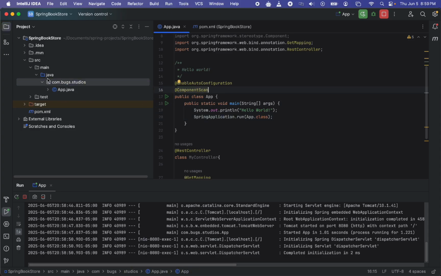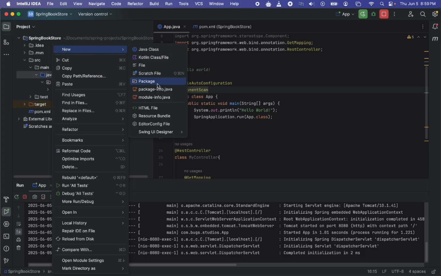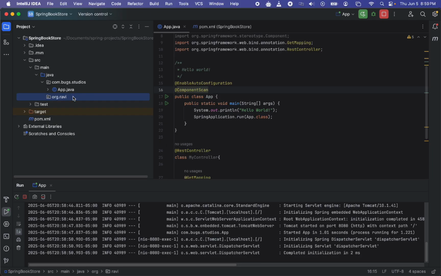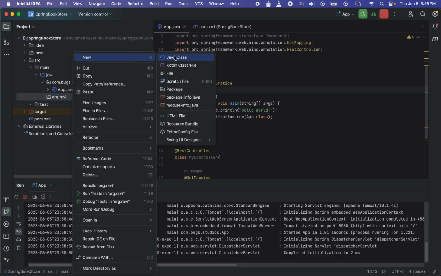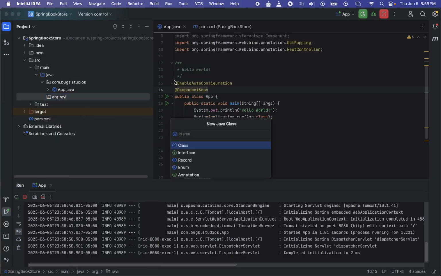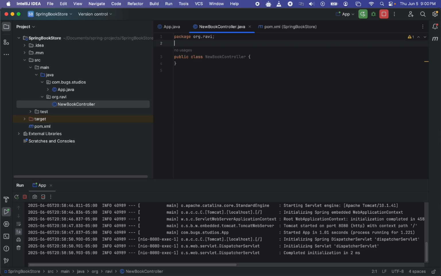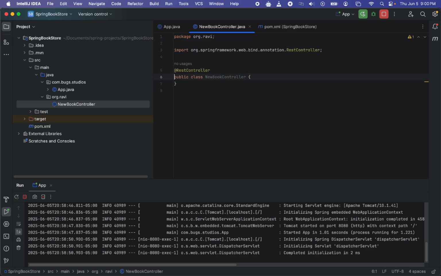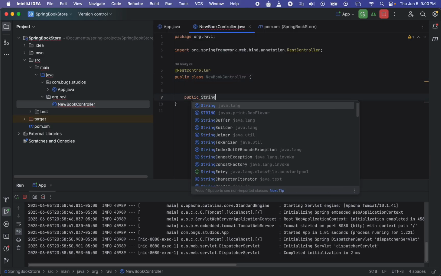Now how about if there was another package? Let's say I'll create a new package here and name it org.ravi, which is my own name. Now if I create another controller here, I'll give it a name, new book controller. Now I'll give this annotation rest controller, which I'll explain in the next video, and I write here another method, public string